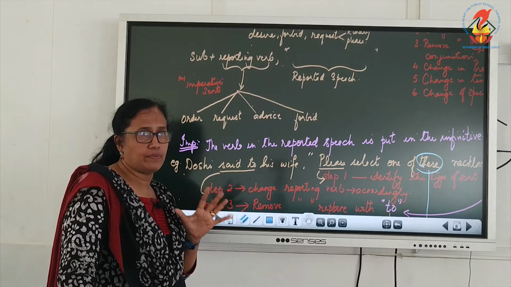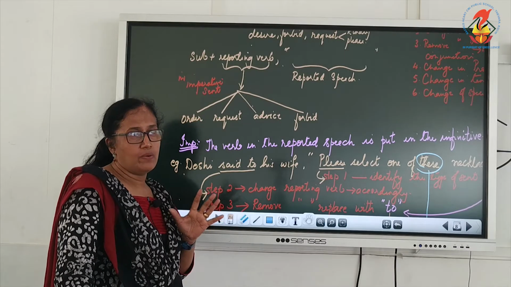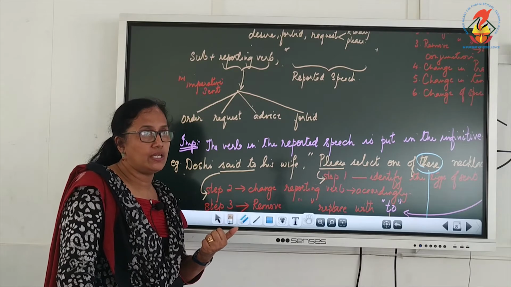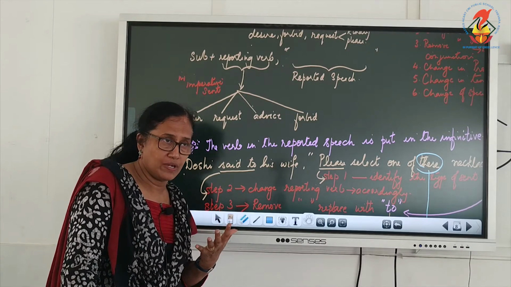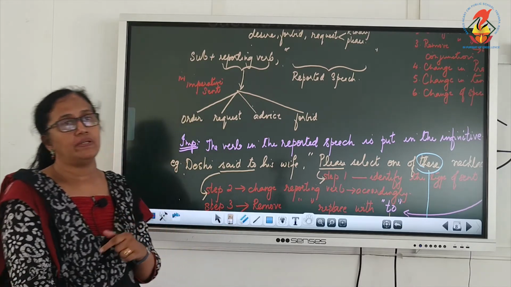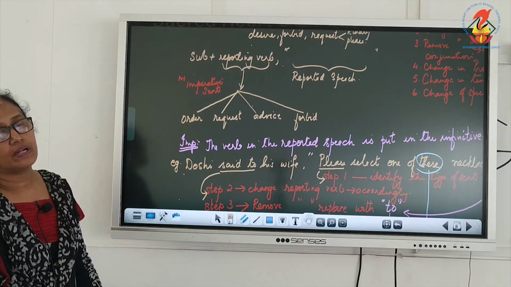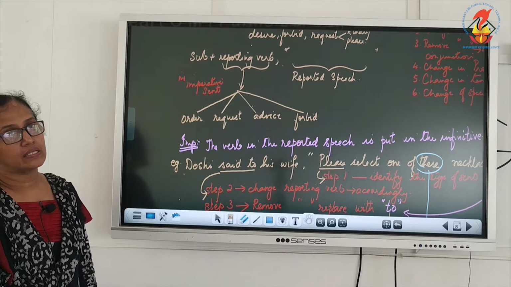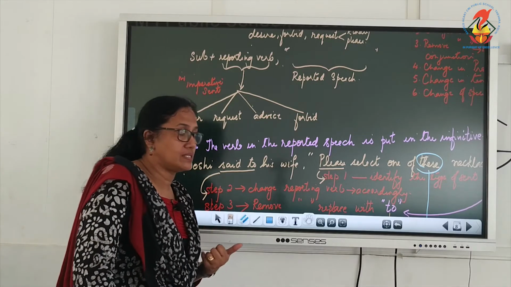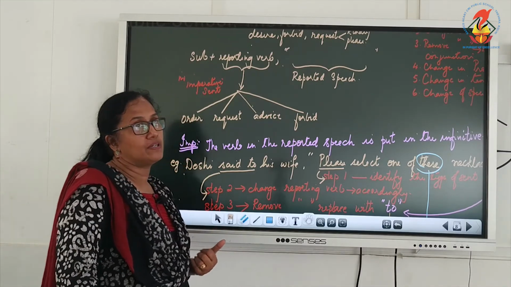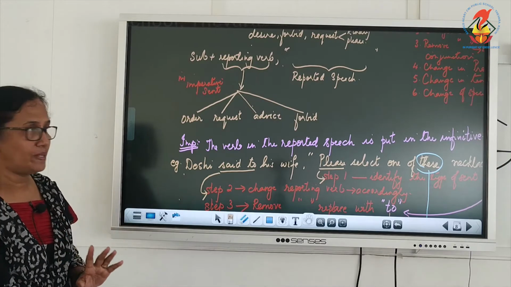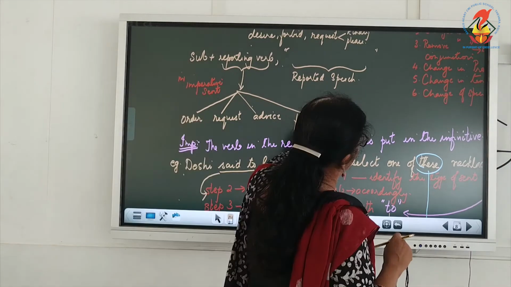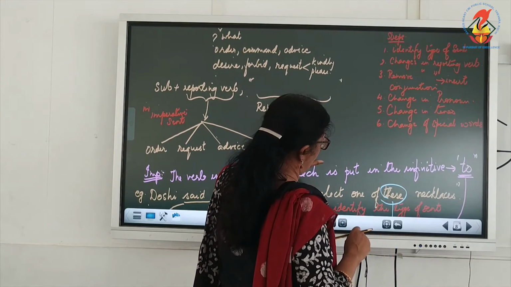Remember I told you when we did our first conversion of assertive sentences, there are those 5 to 6 rules that we have to always keep in mind when we change. Even for this, we have to keep those 5 to 6 rules in our mind. Even when we convert interrogative sentences or exclamatory sentences, those basic steps of conversion from direct to indirect have to be kept in mind. Now, what is the first? To make it easier for you not to forget,